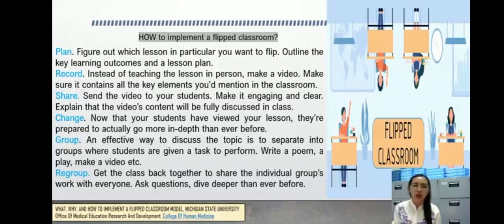Change, the fourth one is change. Now that your students have viewed your lesson, they are prepared to actually go more in depth than even before. Then group. Okay, separate groups where students are given a task to perform. Okay, create a separate group. For example,